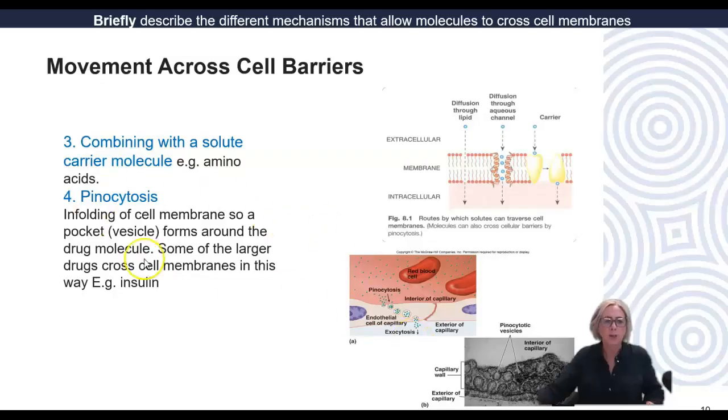With pinocytosis, there is an infolding of the cell membrane, which you can see here, so that a pucker or a balloon or a vesicle forms around the drug molecules. And some of the larger drug molecules cross membranes in this way. So you can see here via pinocytosis, we see this vesicle being formed. We're inside a blood vessel here, everybody, and then being exocytosed across the endothelial cells lining that capillary. And this is the way insulin leaves the bloodstream